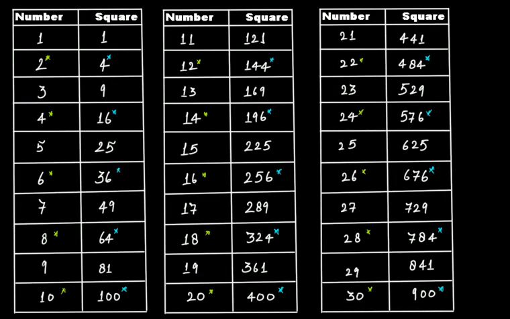Now let's quickly mark all the odd numbers. Odd numbers, this is also an odd number, odd number, odd number, odd number. So if you check all the odd numbers here, and if you look at their perfect squares, they are odd numbers, these are all odd numbers, and you'll get a similar result to what we have seen